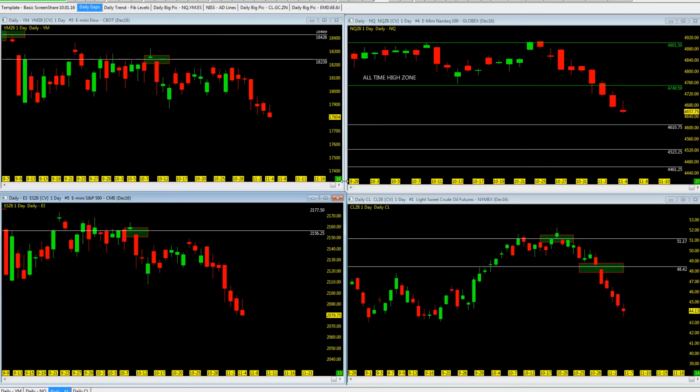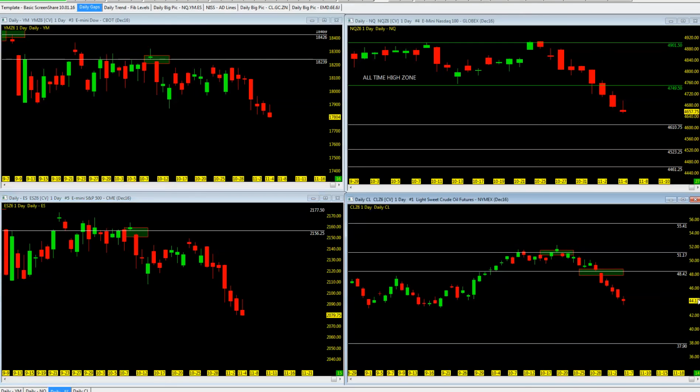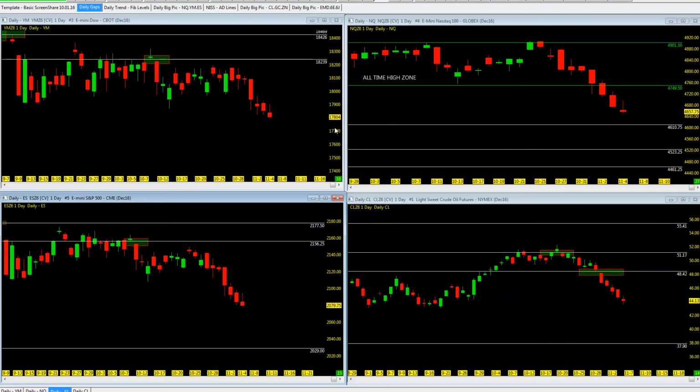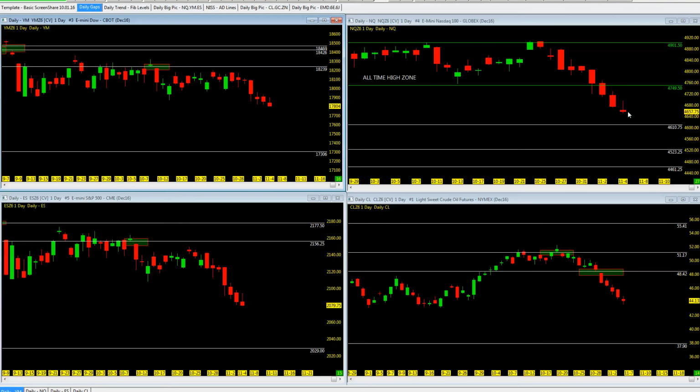Take a look at the daily gaps for today. Nothing new. We didn't close anything out, we didn't open anything. So right now, crude, after forming some upper gaps here, continues to move downside. Watch the most recent swing lows down here, see if we break those. If we do, we're going for some open gaps down there. 37.90 is my first target. 20.29 on the ES, 17.306, and a variety of open gaps both on the ETFs as well as the futures markets here. So keep an eye on that. Daily, as we'll see in the daily big picture, we're definitely on a 4-hour chart to the downside.